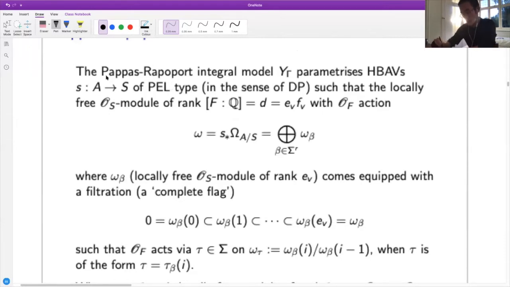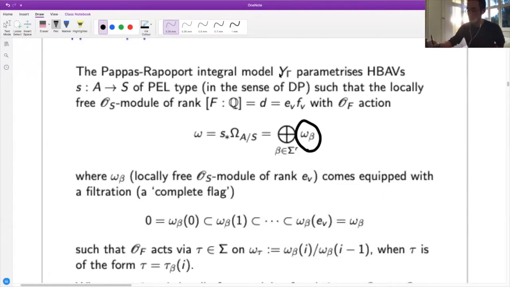So A goes to S with structural morphism, such that if I consider the pushforward along the structural morphism of the relative sheaf of differentials, if I denote it omega, this would break up according to how the unramified part of F_V acts. So this would be a direct sum. So I've got f_V pieces, each omega_eta is locally free of rank e_V over O_S. And as Payman mentioned,